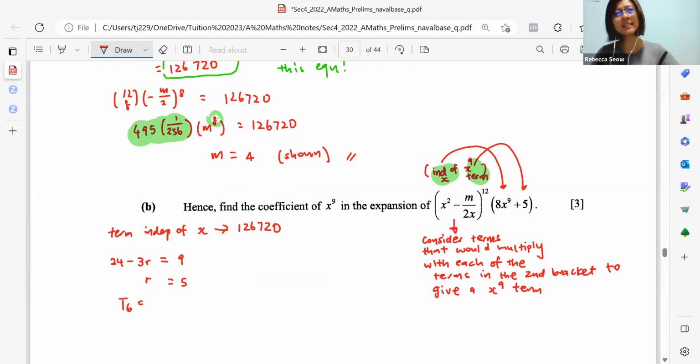So T6, let's find the coefficient. 12 choose 5, negative half, 4. If you are wondering where I get the 4 from, 4 is actually the value of m from the previous part. So after working it out, I would get,